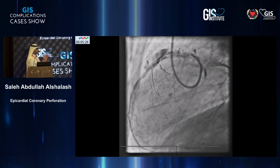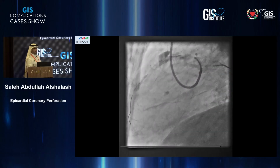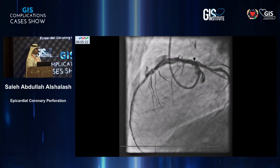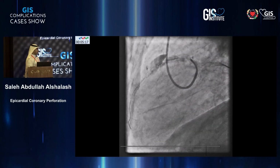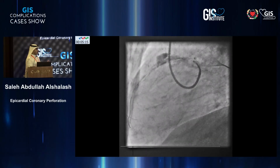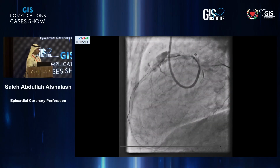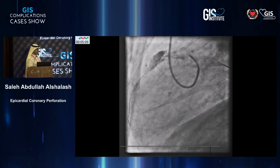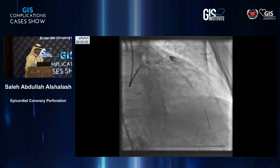And you can see that the perforation is up. So we were debating, are we perforating into the LV? It is definitely not in the pericardium. The echo was pristine and clear. There is no pericardial collection. So essentially, where are we? And I don't know. What we did is, I said, okay, there is no more balloon inflation. That's not gonna work. We tried it twice and it's not gonna work. So what I did is I just kept the wire in place